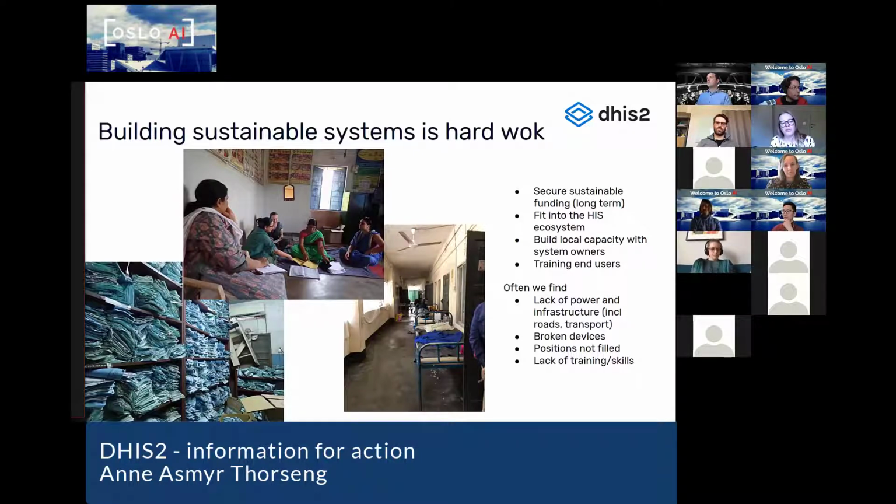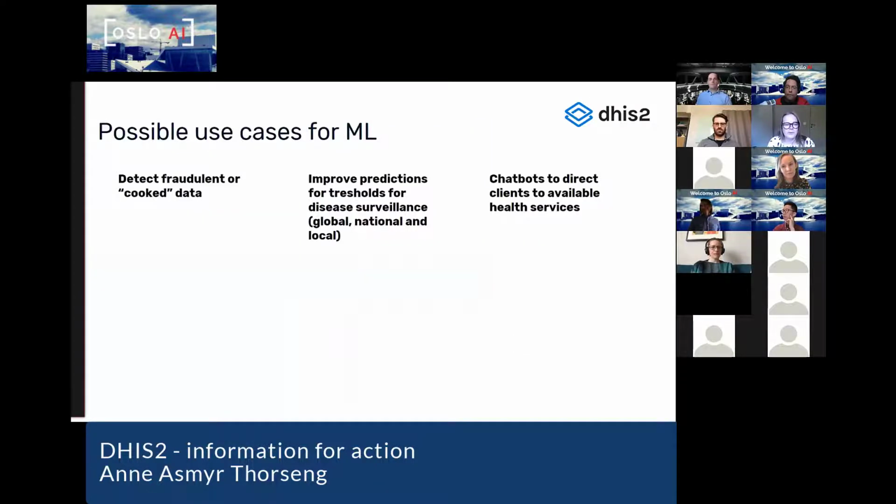You have people here in the picture in the middle, in India, where she has a tablet, she has no chairs or fans or light bulbs, right? So sometimes we want to introduce fancy technologies, and the very basics of providing healthcare are not there. So I don't know, there are always dilemmas, right? Of where do you spend your resources and what's sustainable over time. So now I've talked a lot about everything around this, but this was about machine learning and artificial intelligence, which we don't really do.